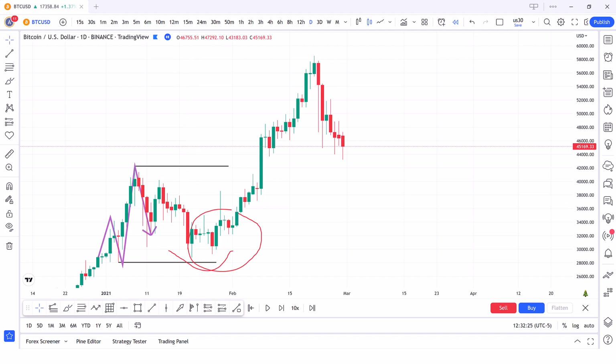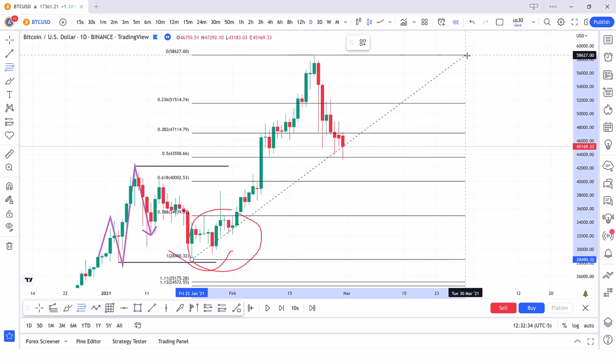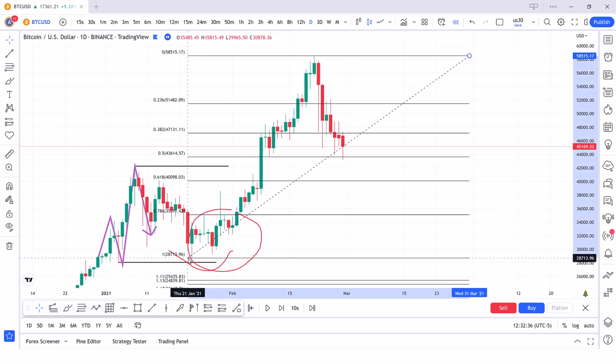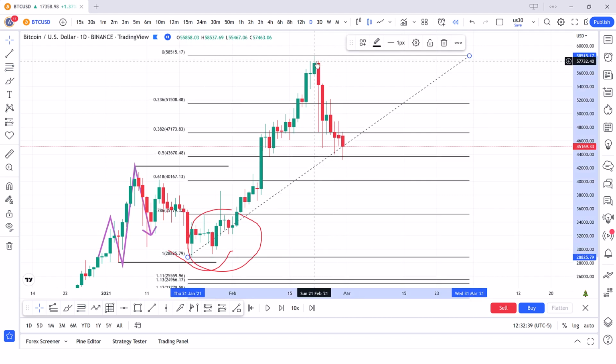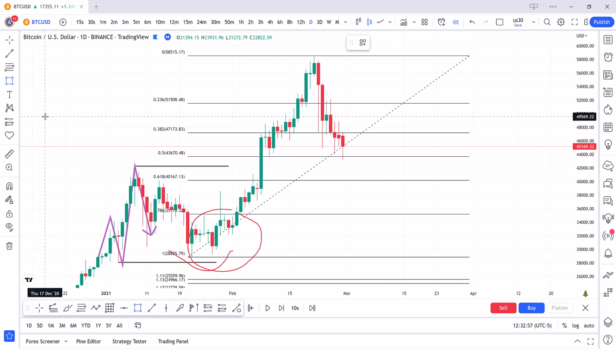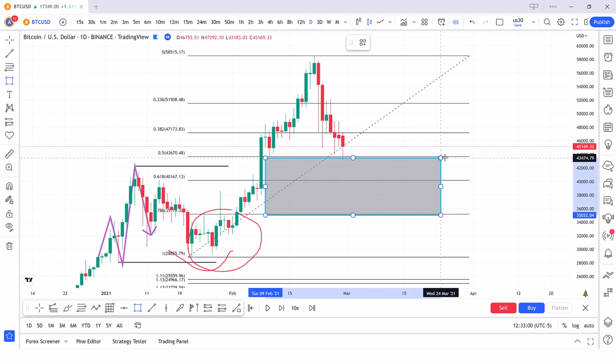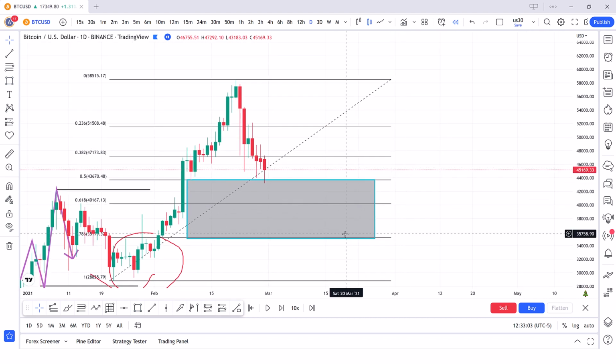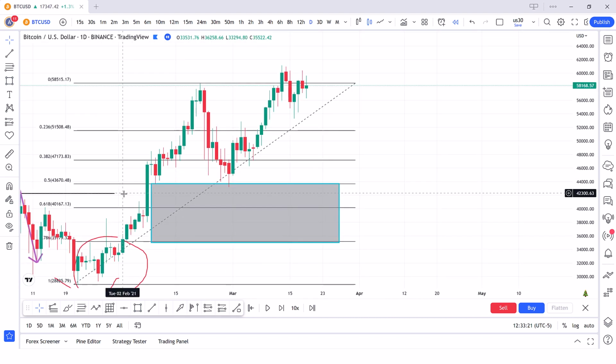But how can we find our POIs with higher accuracy? We can use the Fibonacci tool from the low of our leg to the point where the leg starts to pull back. We are going to refine our POIs from the 50% of our Fibo to 78. And if you just draw a box from 50% to 78, you can see that it takes off from this zone.